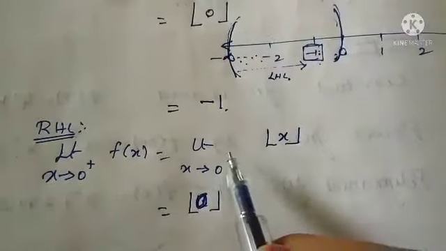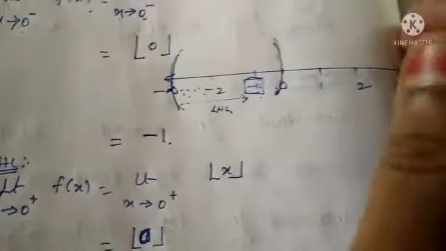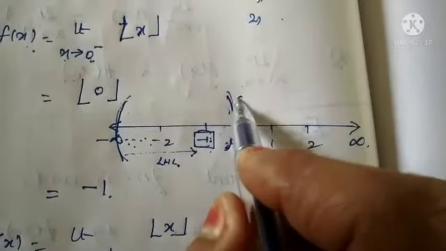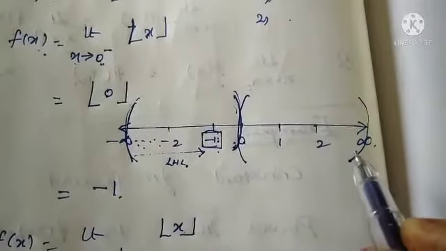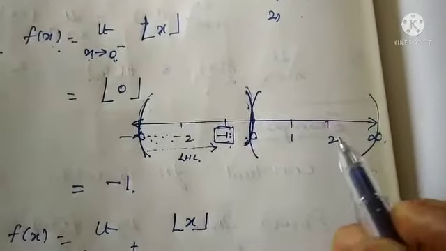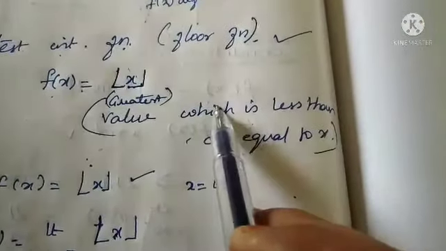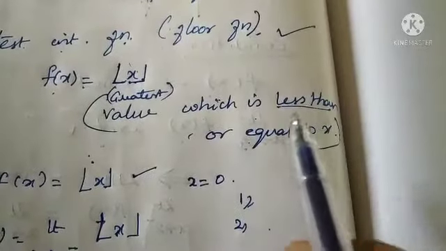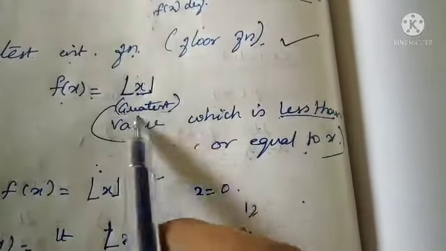Since we are dealing with the right hand limit, see here in the real line, you have to check on the right hand side of 0. Which is less than or equal to? I told you, first you choose the values less than or equal to x. Then only you select the greatest number. Correct? So see here,